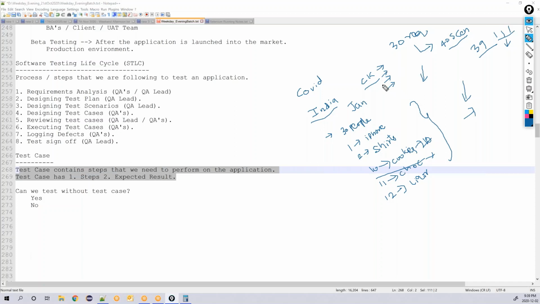Second thing is, let's say I haven't prepared a checklist like this. Your scenario is 30 requirements you need to test, and for those 30 requirements, you need to test 40 scenarios. You did not prepare a checklist. Out of 40 scenarios, you tested 35 successfully, but you missed 5. So here I missed one or two items to take to India. What will those people do? They will stop talking to me.